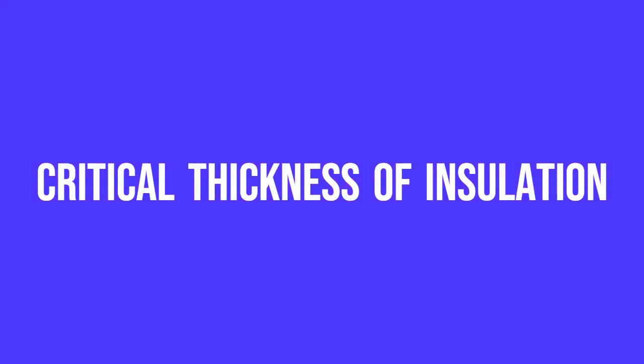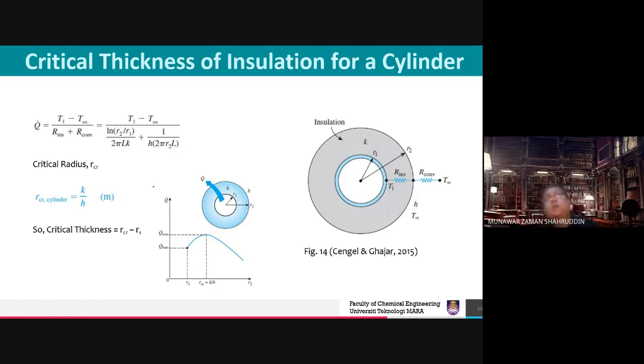Okay, this will be the last example to be shown to you. It's called critical thickness of insulation for a cylinder. So for this example, basically we will consider this system, for example, this cylinder. We will assume this as